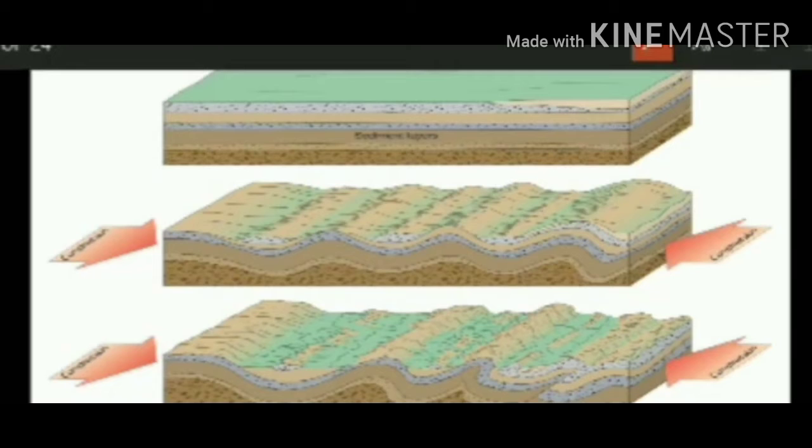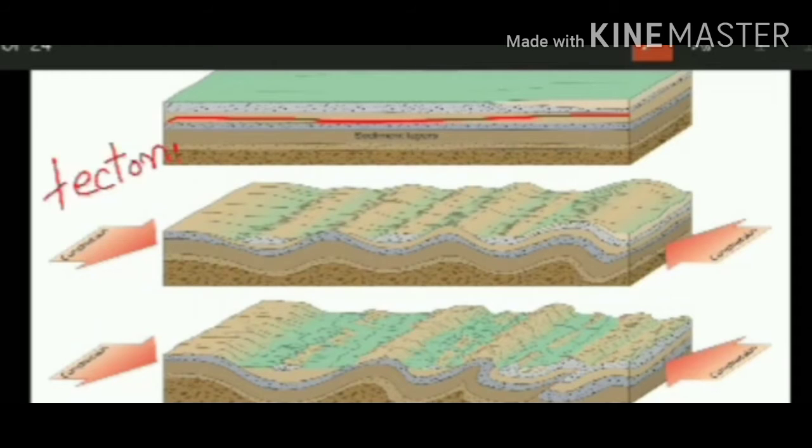The first one is folded mountains. Let's see how these folded mountains are formed. Initially, all the land surface was flat, but due to convergent movement of tectonic plates, some land surface has uplifted and some has gone downwards. Children, this uplifted area is called a geanticline, and this way folded mountains are formed.